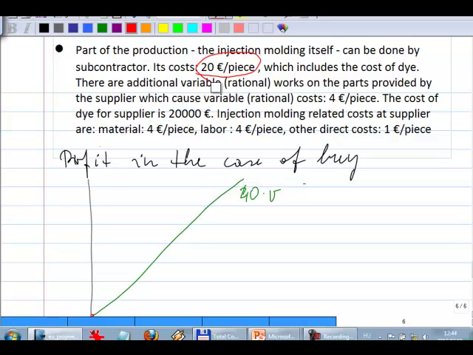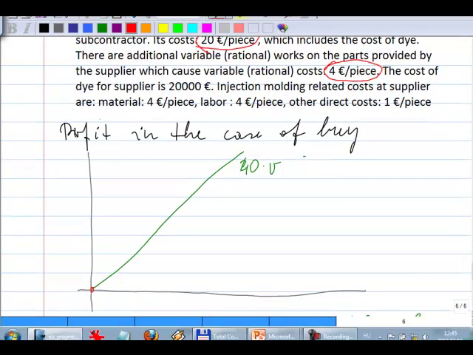There are additional variable costs on the parts provided by the supplier, which cause variable costs 4 euro per piece. So how much would be the total cost per unit for us? That would be 24